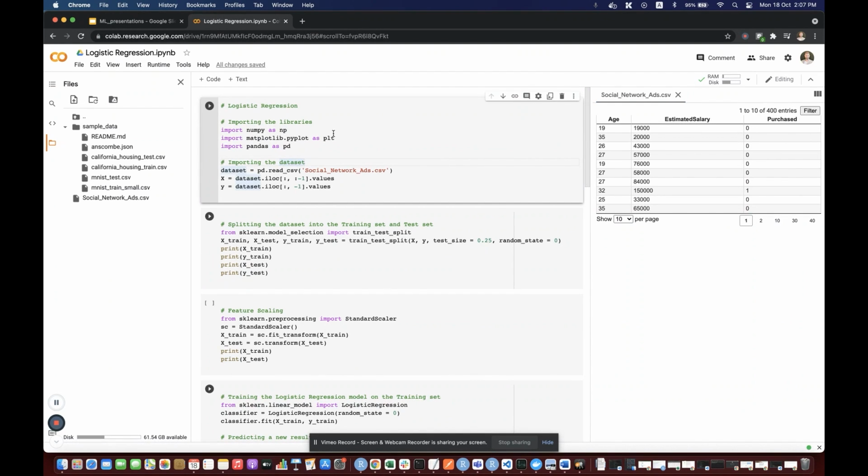So first we're going to import the libraries. We always need to load NumPy, Matplotlib, and Pandas, and we're going to load the data into a dataset variable through the Pandas library. We're going to set x, the independent variables, to be only the age and the estimated salary, and y is the last column in the dataset, which is purchased, and extract the values from it. So if we run this one over here,